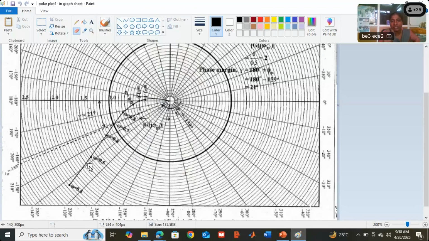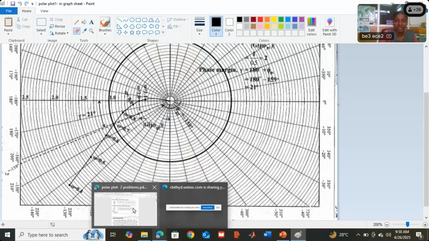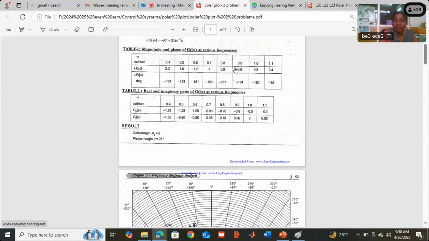Okay, like that we first put the dots and we have to join them. We have to join the dots. And the unity circle, in the beginning itself we have to decide which we are taking. Any circle you can take, covering all the values in the calculation. You see here they have taken these omega values and they got magnitude and phase angle. So covering the circles for these magnitudes, we need 2.2, we need minimum 0.4. Based on that you take a 1.0 circle, any circle. Below 1.0 you will have all the 0.4, 0.5, 0.8. Outside 1.0 you will have 1.2, 1.6, 2.2.